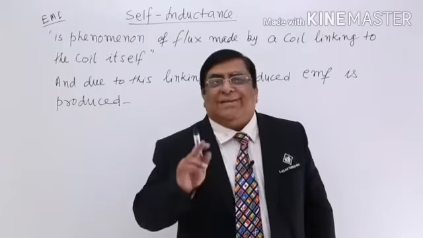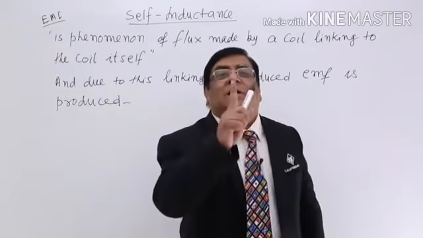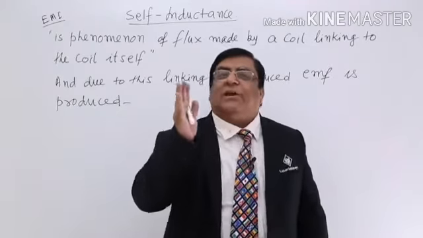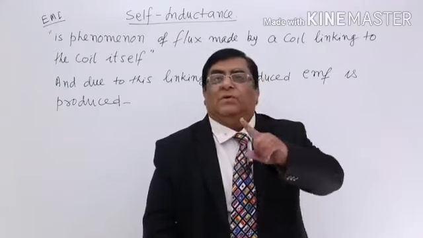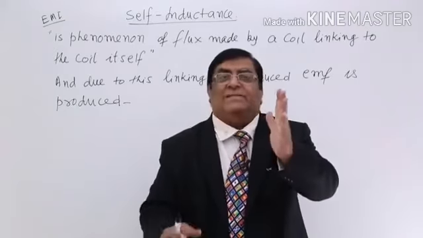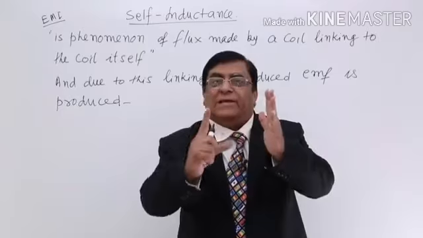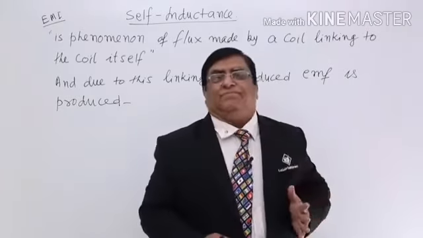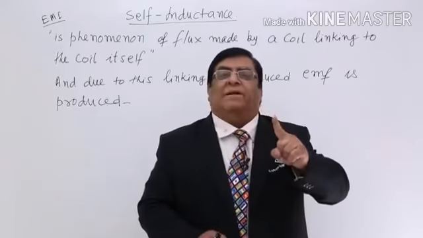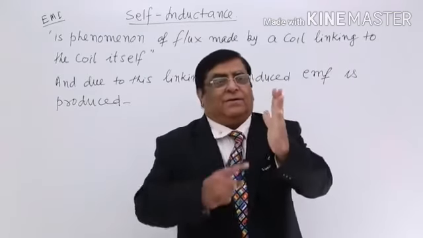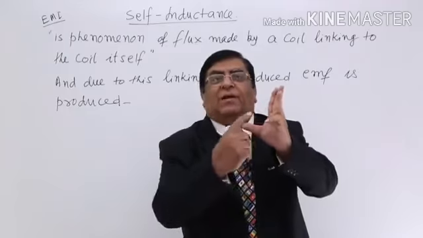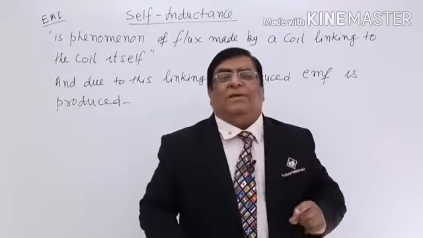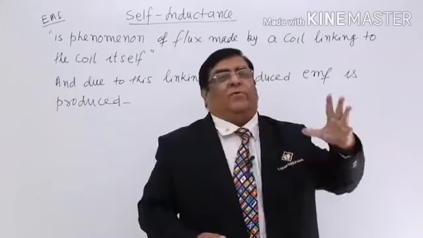Now, in all these three things, there is a coil. Number one, current flowing in a coil generates a magnetic field. Number two, a coil is placed in a magnetic field. Linking of this magnetic field with the coil makes magnetic flux. Number three, if this magnetic flux changes, then across the ends of the coil an EMF is induced, Faraday's law. So in all these you have seen there has to be a coil, a coil, a coil.